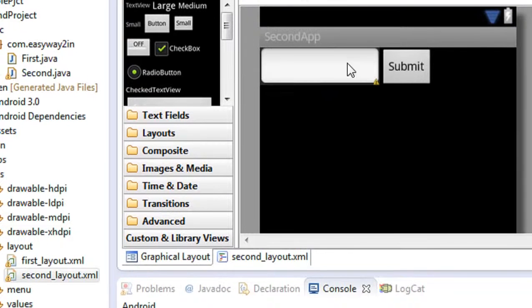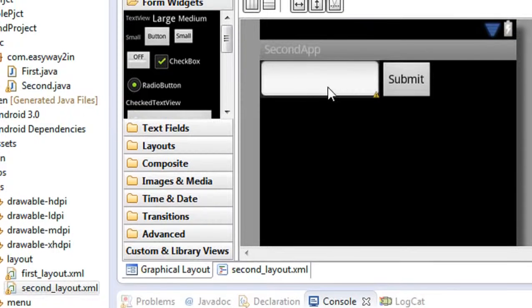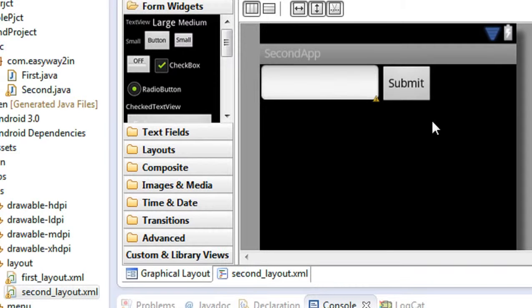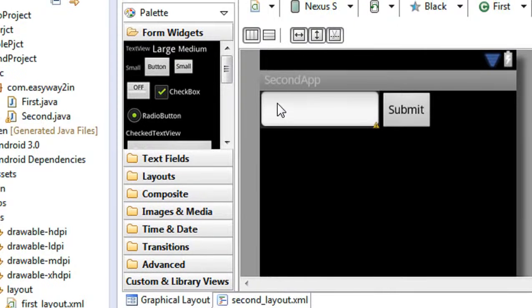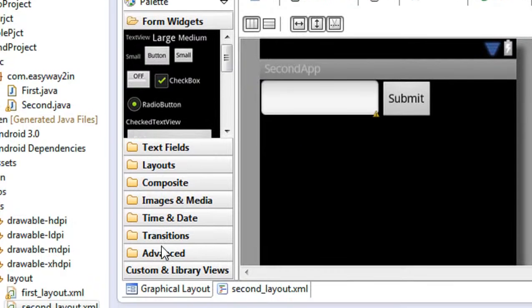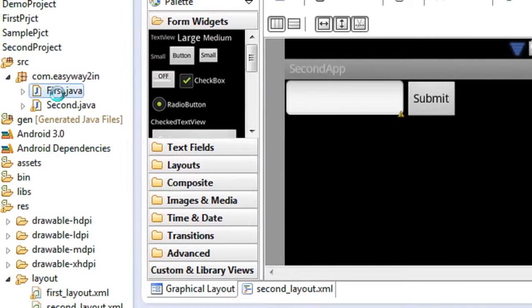The user enters some input here and submits the button. Then the value entered in this edit text will appear on the first activity as a toast. So in this part, I am going to pass some data along with the intent object from the first activity.